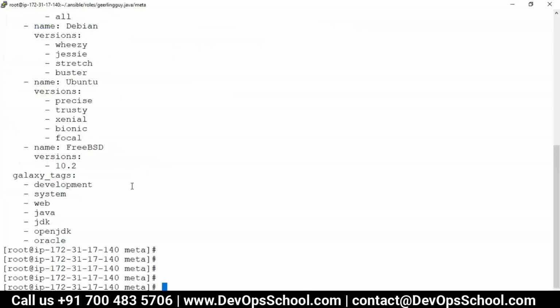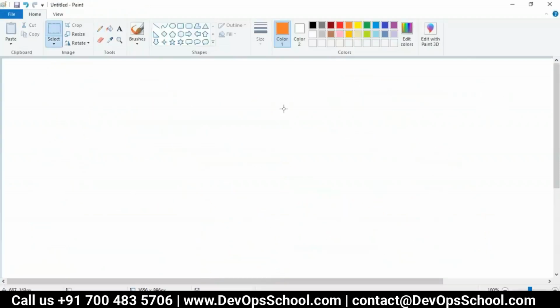Now, one thing which is more important, but it is missing actually, and that is dependency. You write in the site.yaml this is role 1, role 2.